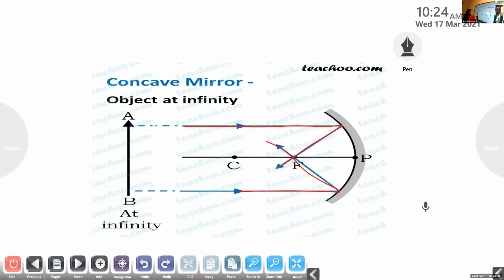Okay. Now, once again, we can see all these ray diagrams in slides. This is the first case, that is, the object is placed at infinity. When the object is placed at infinity, where do you get the image, Swati? From this figure, it is clear. Yes, at F, because these two lines coincide here. So we get the image at focus. What about its nature and size?